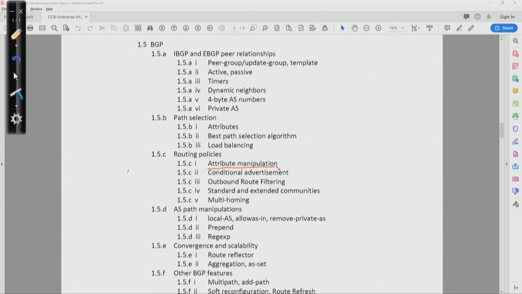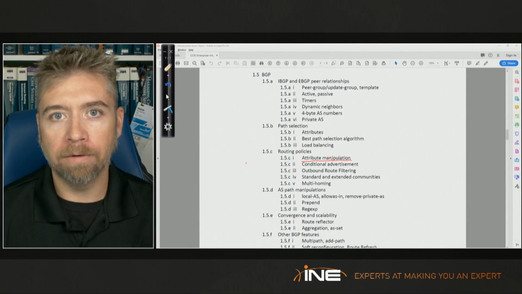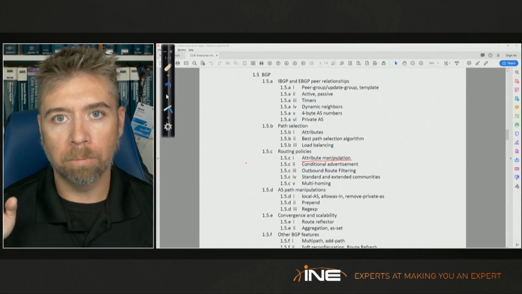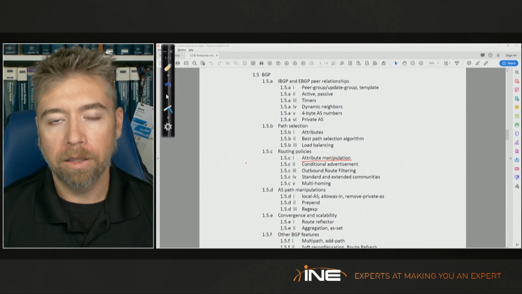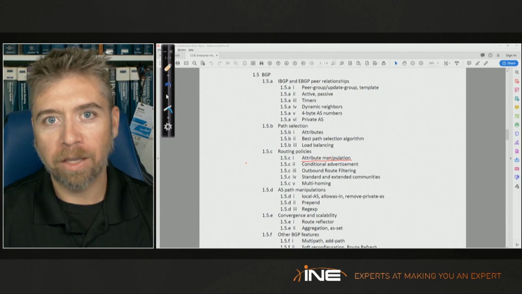So attribute manipulation, this would be like doing an AS path prepend to say I have two paths to the WAN. I'm going to prepend out path B. The idea is that I want to receive traffic in path A as my primary and then fail over to B if